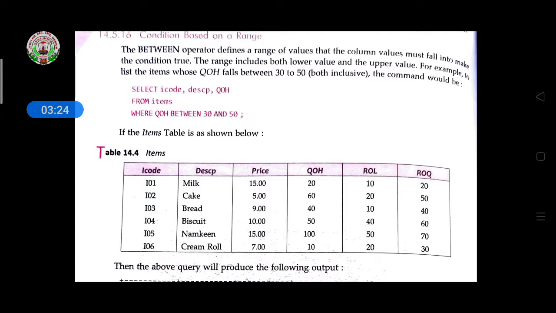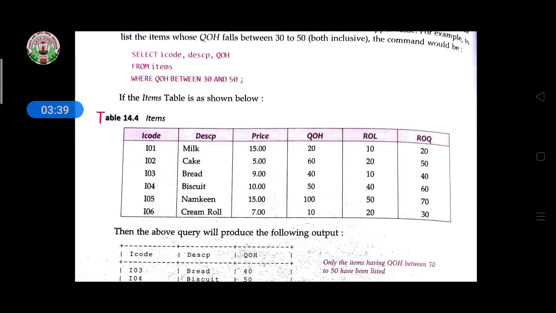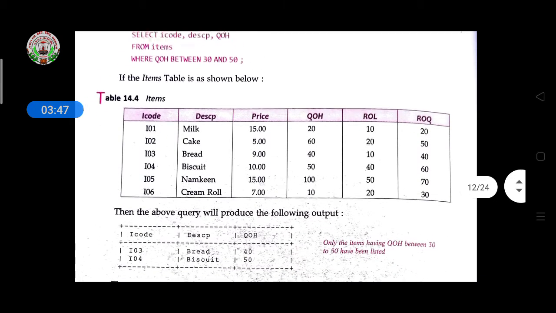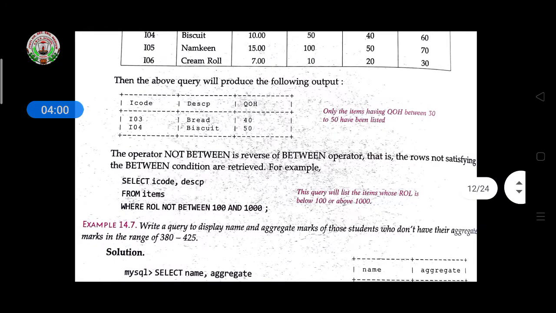So select I code first, then DESCP and the field name QoH from items, items meaning the table name, where condition we are giving: where QoH between 30 and 50. Then only the items having QoH between 30 and 50 have been listed here. Like this it will display the result.